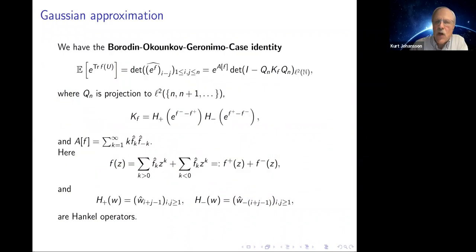Okay, so let me start with a Gaussian approximation now. What we use there is the Borodin-Okounkov or Geronimo-Case identity, which was discovered about 20 years ago, or earlier than that by Geronimo and Case, but sort of unnoticed. So that's the fact that this determinant here,